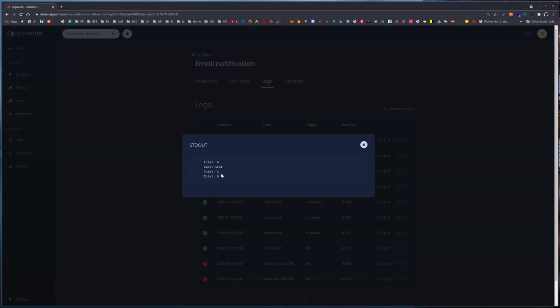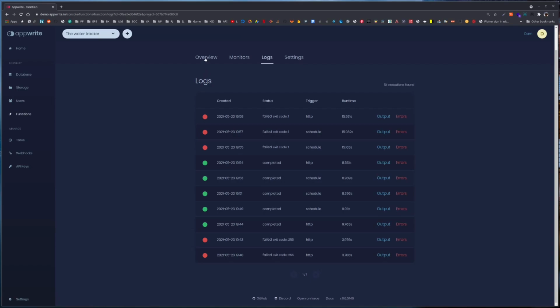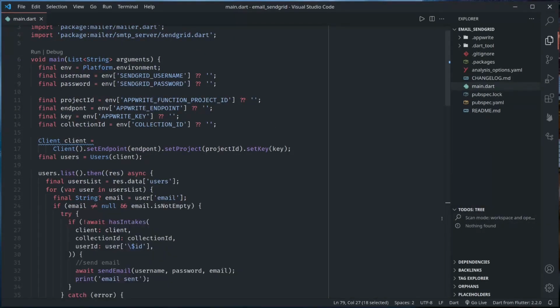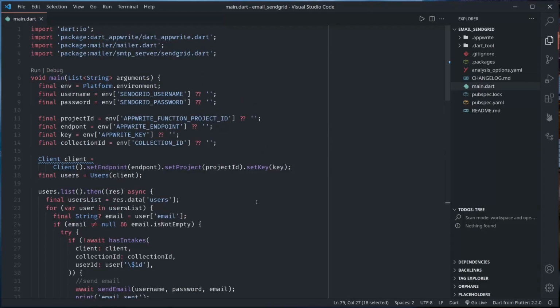Output, see, one of them has total 3. So email is not sent. We see now that our function is actually working. So this is the complete function code that will be available on GitHub, and the repository link will be provided in the Discord. In these 3 episodes, we looked at what an Appwrite Cloud Function is,